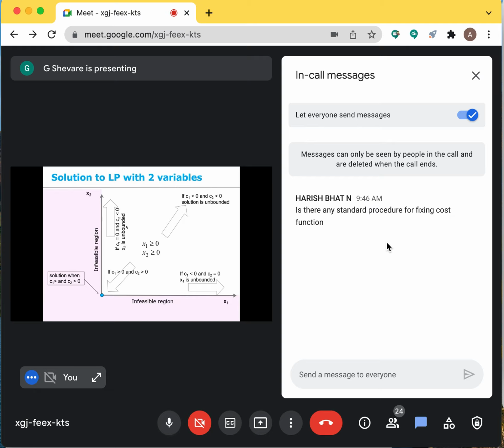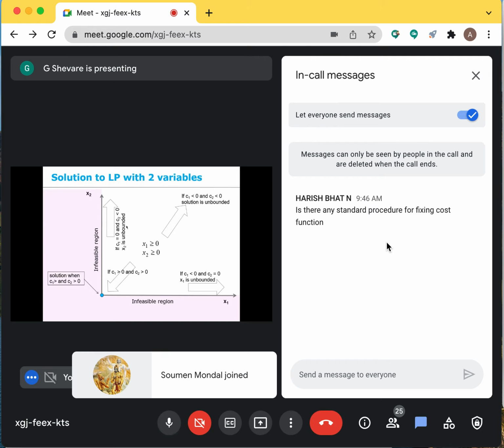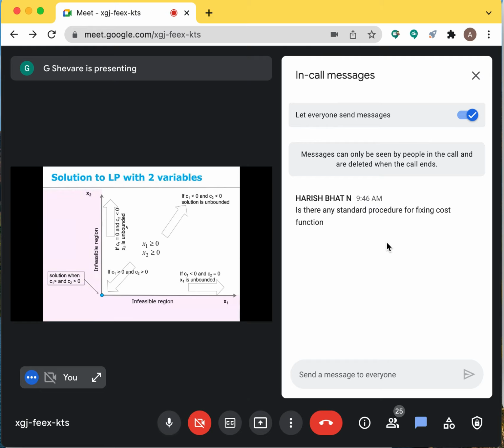See, this is a linear programming problem with two variables. There are no equality constraints. So x1, x2 are not linked to any condition, such as a11 into x1 plus a12 into x2 is equal to b1. No condition is there. x1 can change independent of x2, and therefore the whole quadrant is available to you as a design space. I can choose whatever x1 I want, and whatever x2 I want, and there is no relation between x1 and x2 that it has to lie on a straight line. That is not the case.